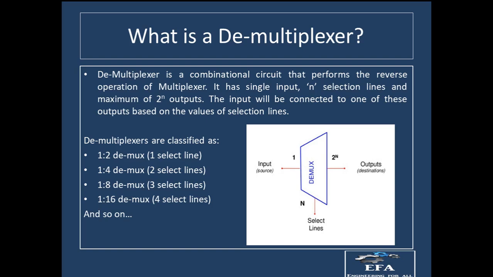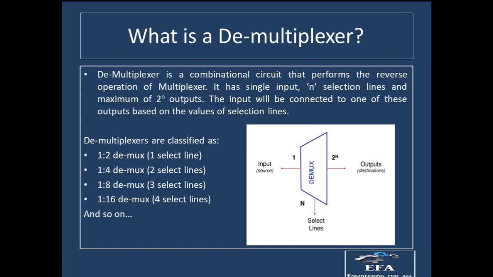That is, what is a demultiplexer? When we talk about the demultiplexer, this is a type of combinational circuit which is there at the receiver end. At the receiver end, the multiple information is coming through a single channel, and when it reaches the demultiplexer, the information which is coming has to be segregated onto the different output lines.